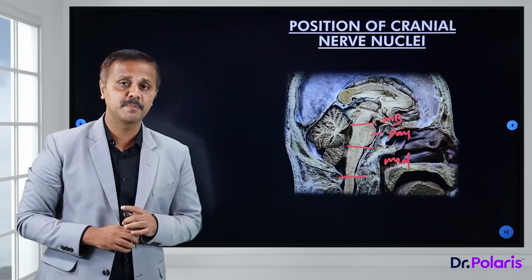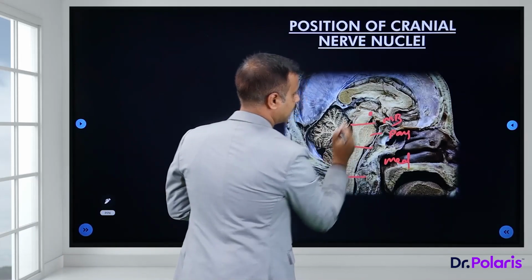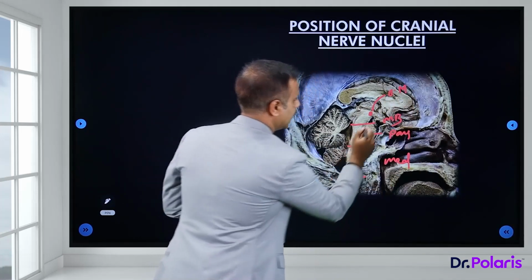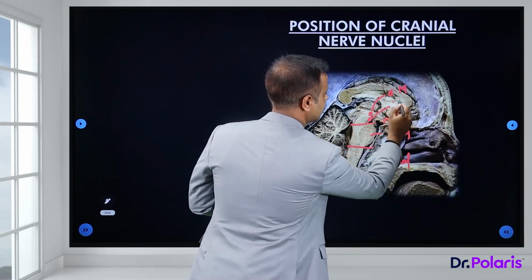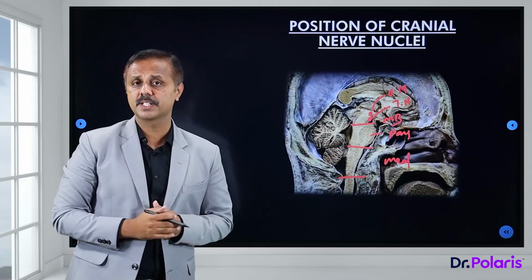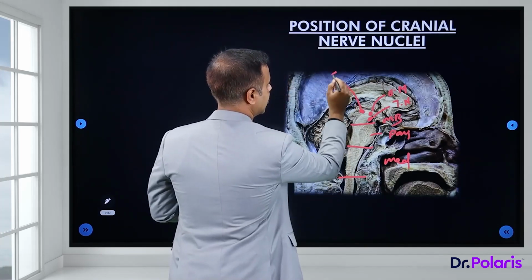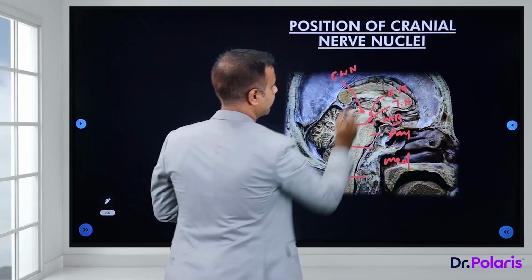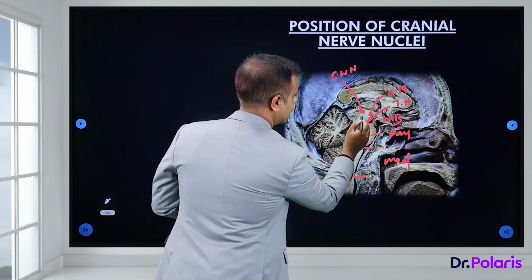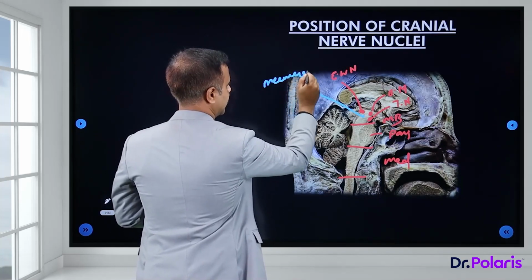Now we know that midbrain has the motor nucleus for oculomotor nerve. So let's say this is the oculomotor nucleus. Then it has trochlear nucleus, right? Apart from oculomotor nucleus and trochlear nucleus, it also contains what? Edinger-Westphal nucleus, right? And there is one sensory nucleus, and what is that? This is the mesencephalic nucleus,